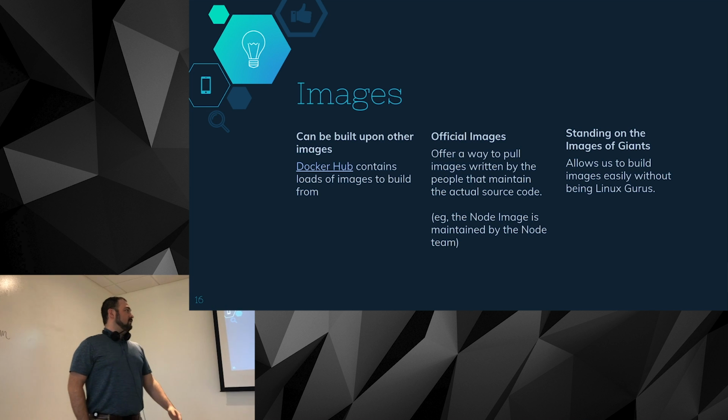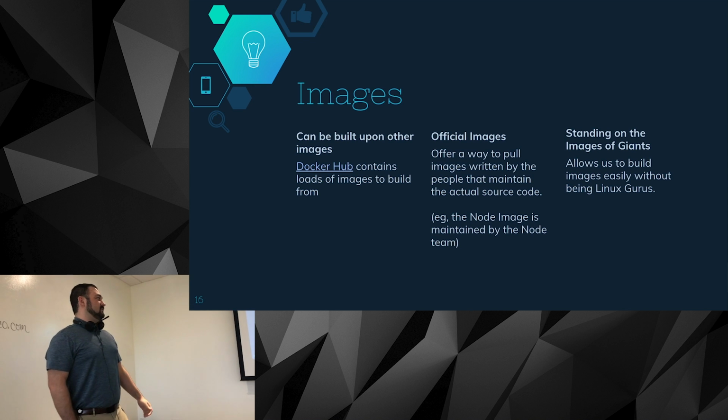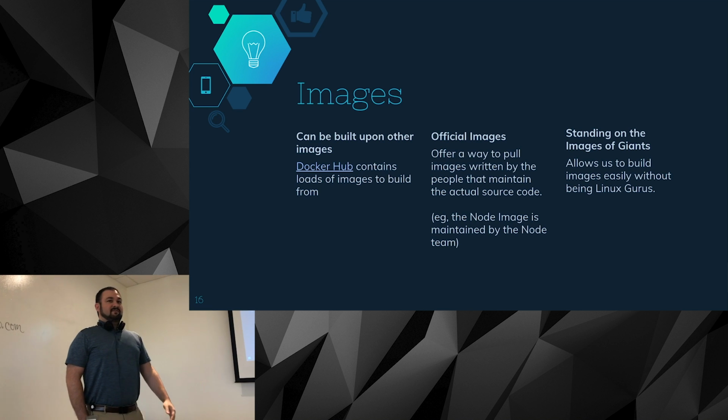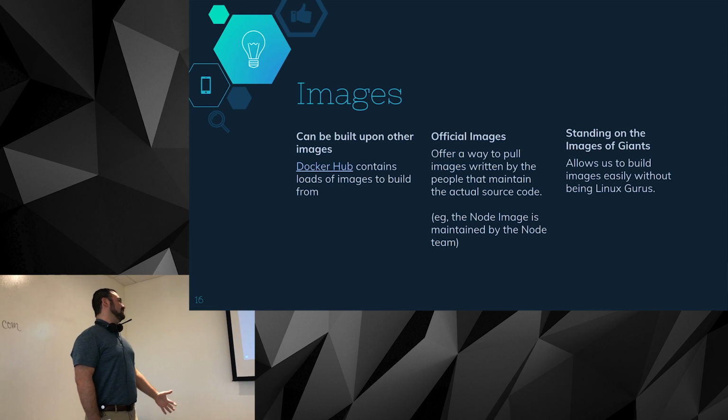So the whole power of this is that you can use something like Docker Hub to pull down official images, or images that other people have made that have done most of the crazy Linux stuff for you. So if you want to get Node running on Linux with Docker, it's as simple as docker run node. You don't have to go through all the apt-get craziness that you do with Linux. Although some of you may want to do that, that's fine too.